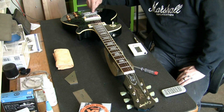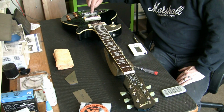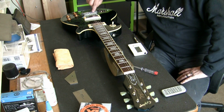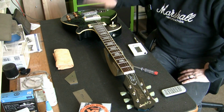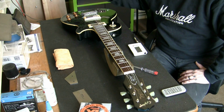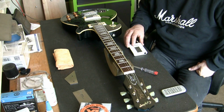On all the saddles we have a slant going toward the strap pin, and we need the flat bit coming closer to the neck. We need to turn it around. It will give us another 3mm of adjustment. So that is what I'm going to do. I can explain more once I've got the strings off. I will come and show you exactly what I'm going to do. But before I do that, I'm going to get my guitar plugged in, because it is in tune,